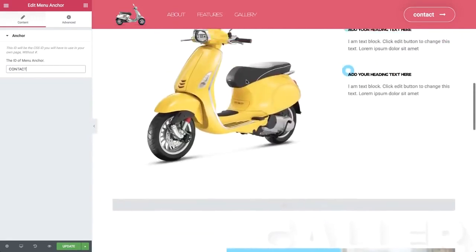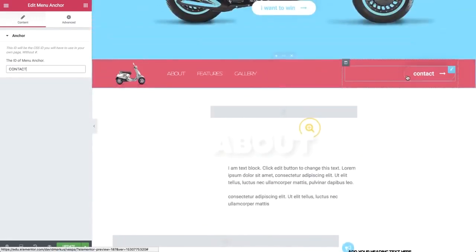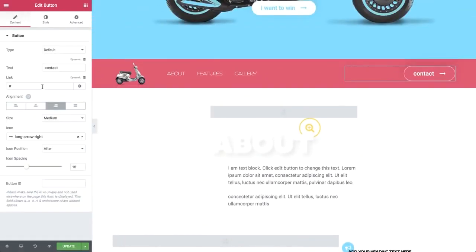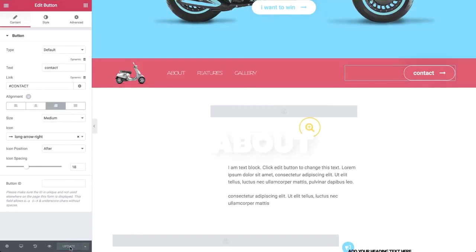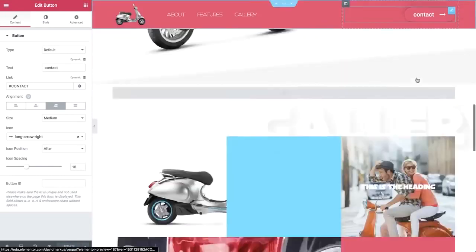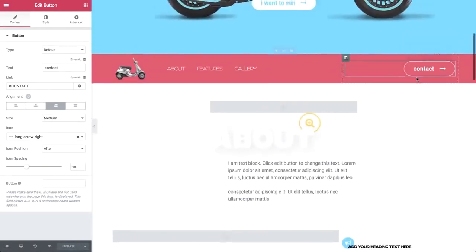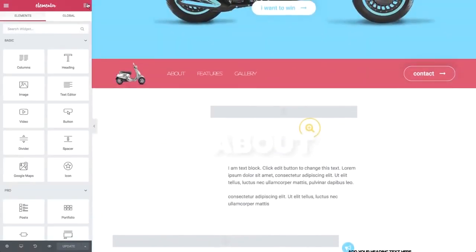Let's add a link to the button. Under Link, add the # contact. Let's check if it works. Click the button and look, it goes straight to the form. Nice! One more element we can add,